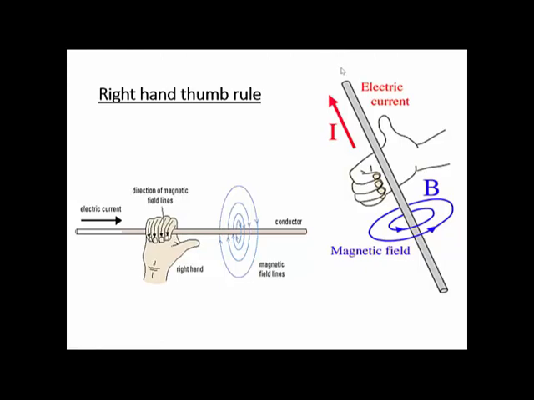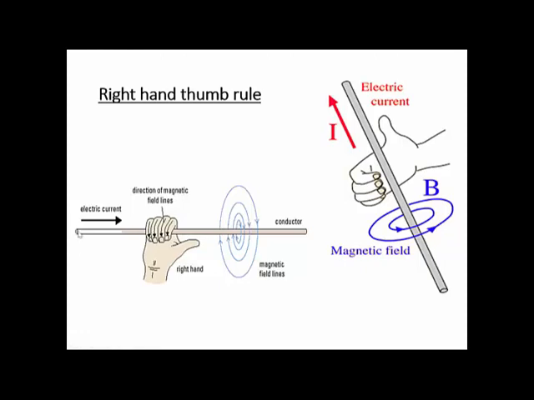Anti-clockwise. See this figure. And this is the direction of the magnetic field. Now again you have to hold the thumb in the direction of the electric current. Where is the electric current going? Towards the right. So your thumb should also point towards the right. Now roll your fingers. Again all of you raise your right hand and roll your fingers. When you view from the front, what is the direction of the magnetic field? Clockwise, anti-clockwise? It is anti-clockwise. When you view from behind, it is clockwise.